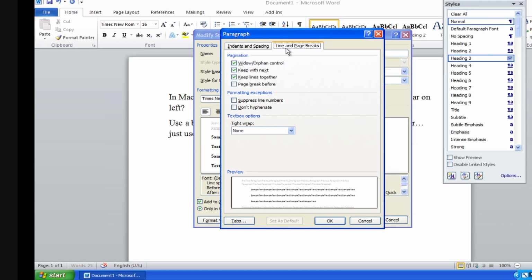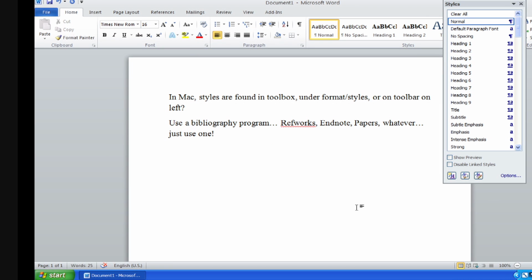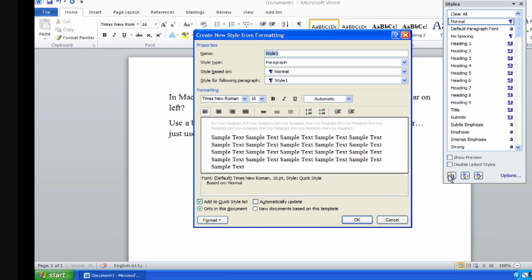Again, make sure that it's keep with next. Okay, we've got our 3 headings done now. Perfect. Okay, the next thing we want to do is make a new style for body text. Click the new style. It's similarly found in the Mac world. We want to call it body text,